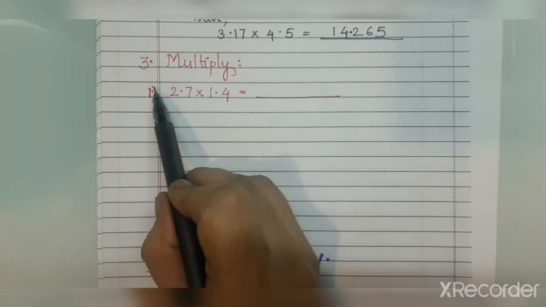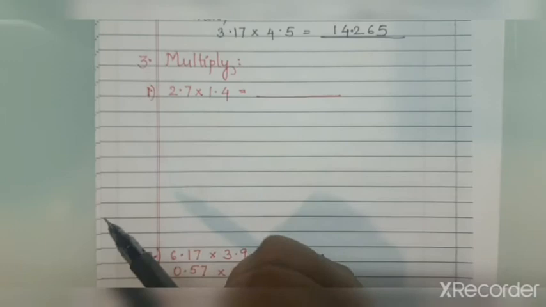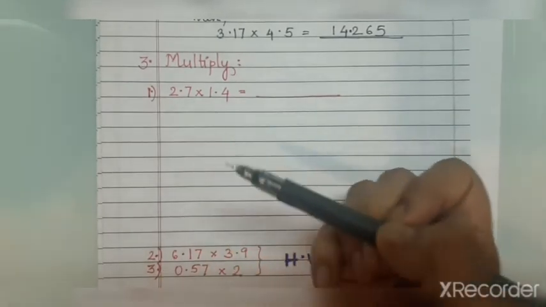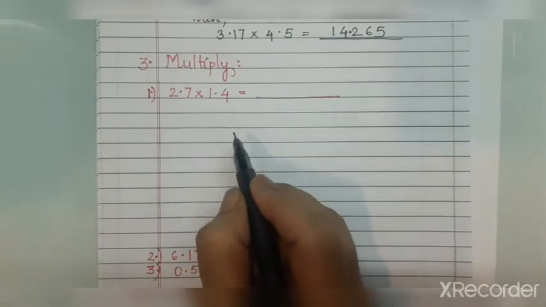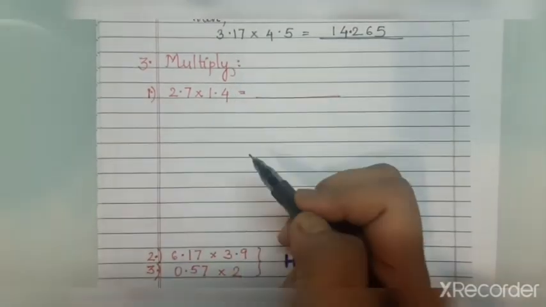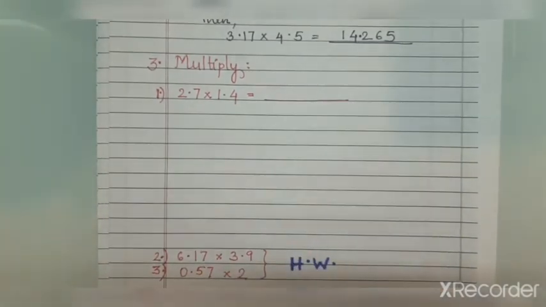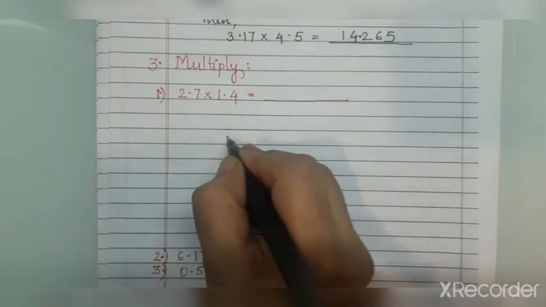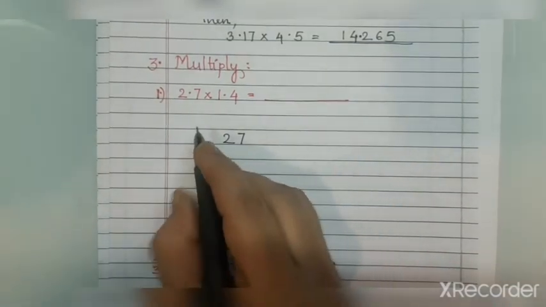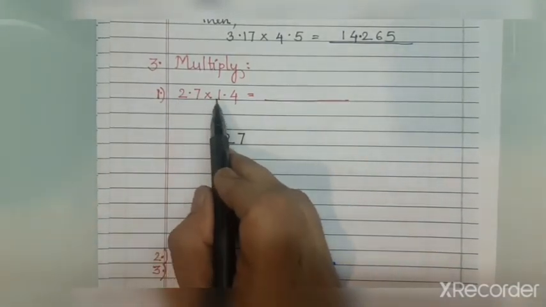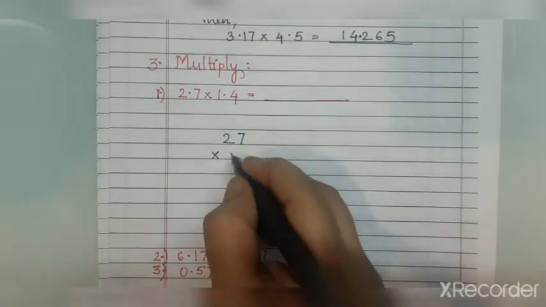Now the third part of practice set 16 is multiply. You can see here in the sum there are decimals, multiplication of decimal fractions. Okay, so again what we did in the first and the second, same thing here, but here they have not given us the answer, so we have to actually do the multiplication. Okay, so what we'll do is we'll write the multiplication of, instead of 2.7 multiplied by 1.4, we will multiply 27 multiplied by 14.